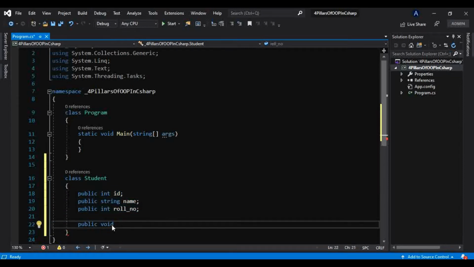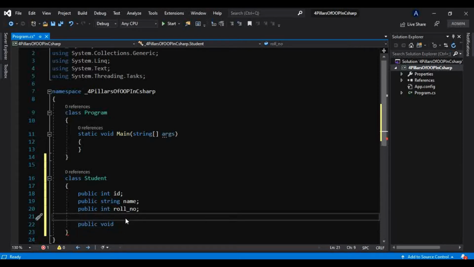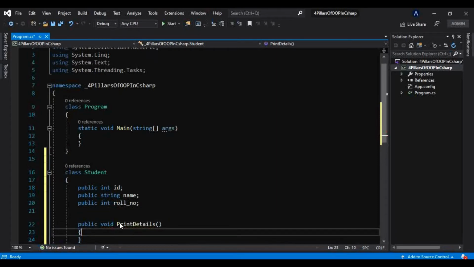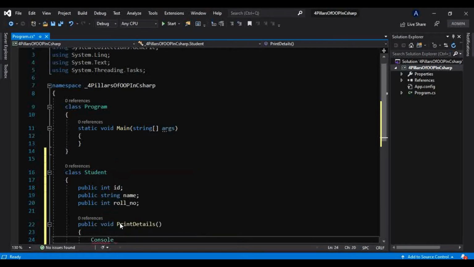So public void, and we know why we take the return type as void, because when we want to print something, or when we want to return nothing. Void means nothing. We don't want to return anything, we just want to do some stuff inside this method. The name of the method will be PrintDetails, and we want to print these details onto the console, like this, Console.WriteLine,